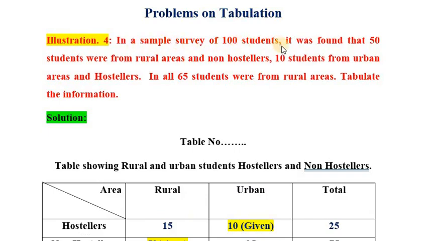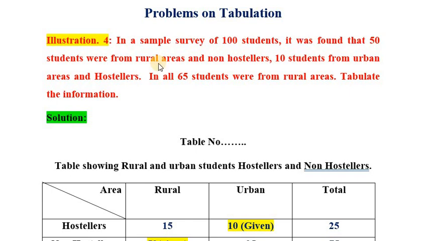In a sample survey of 100 students, it was found that 50 students were from rural area and non-hostelers, 10 students from urban area and hostelers. In all, 65 students were from rural area. Tabulate the information. So, as we have discussed in the previous session about the steps involved in preparation of the